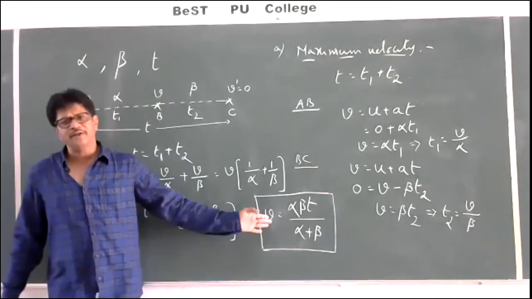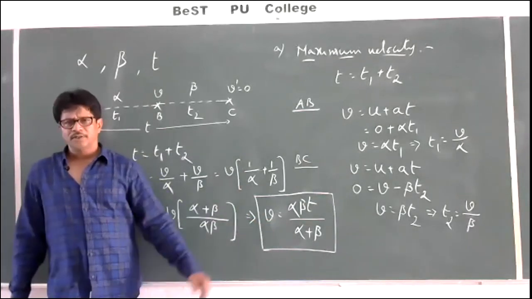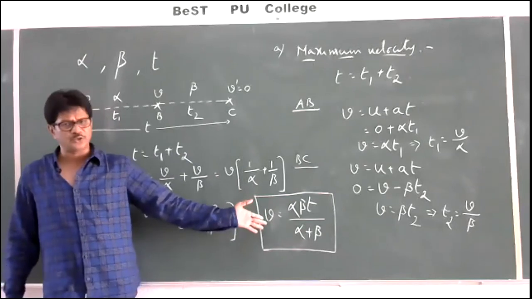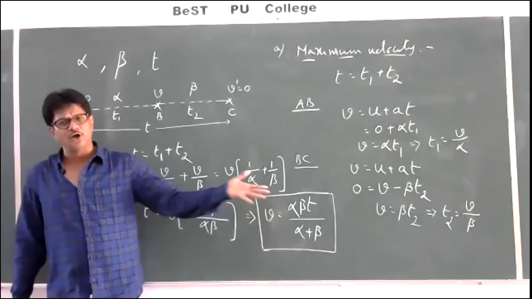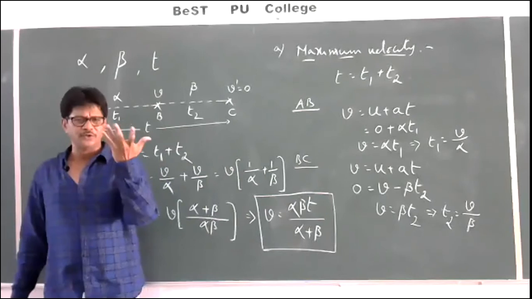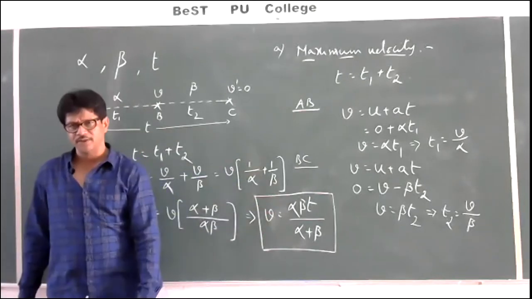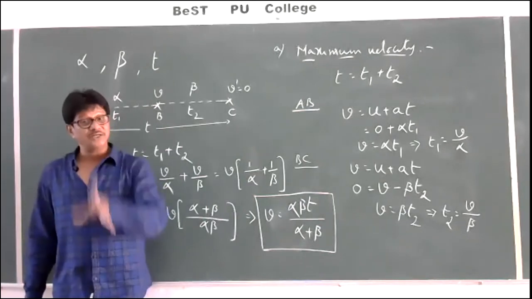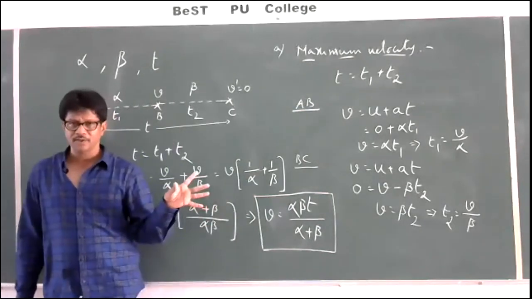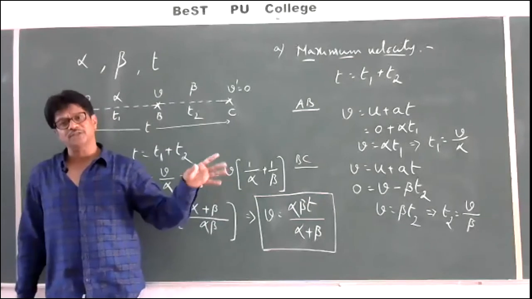Like these formulas, many are there. In 2 years of your physics, plenty of formulas you will get. How many shortcut formulas will you remember? So it's very difficult to remember all these shortcut formulas. That's why you try to remember the procedure. By using that procedure, we can solve many problems.